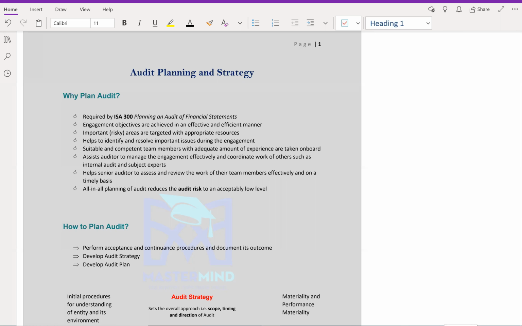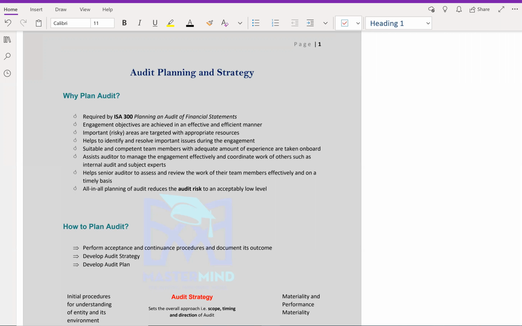Okay, suitable and competent team members with adequate amount of experience are taken on board. Obviously, if you plan the audit, if you give sufficient time to the planning part, you can easily highlight what type of resources you need for the engagement, right? Obviously, for an audit of a bank, let's say, you will not take on board people who are experienced in the manufacturing sector, or let's say not-for-profit organizations, right? You will only take people on board who are experienced in the financial sector. Okay,